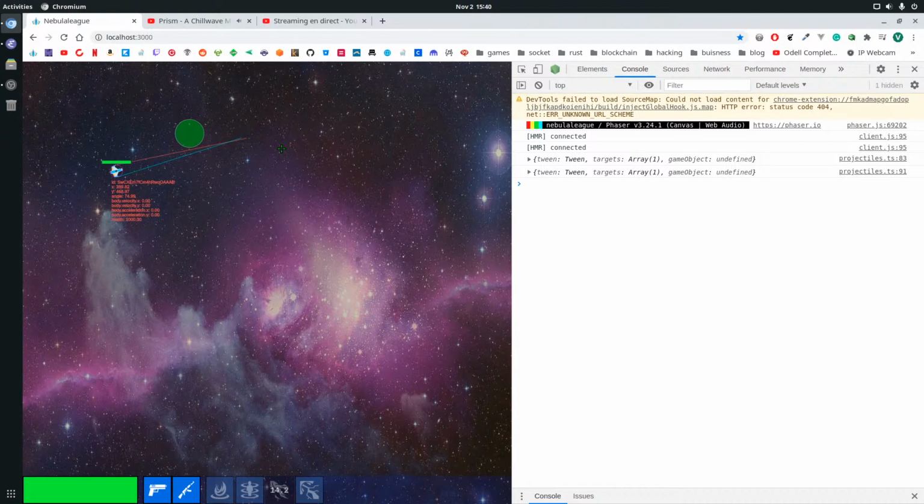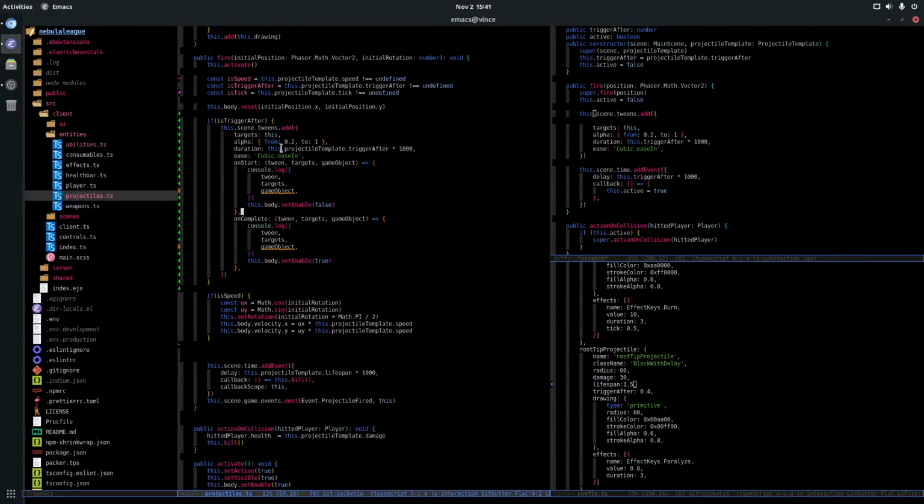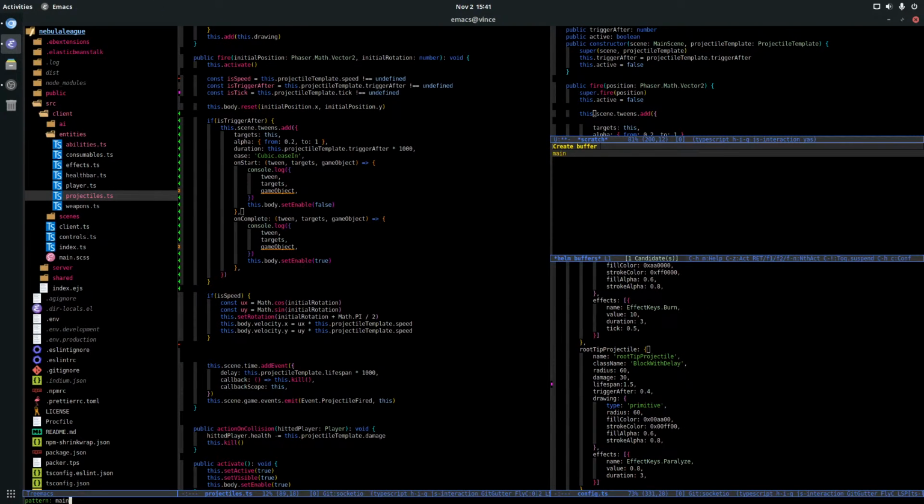But I don't have my single player activated now. So yeah, this is my next refactor, to make it work for the single player and for the multiplayer. Right now I'm not sure if it's working or not. I cannot test it. Maybe I can test it rapidly, I don't know.